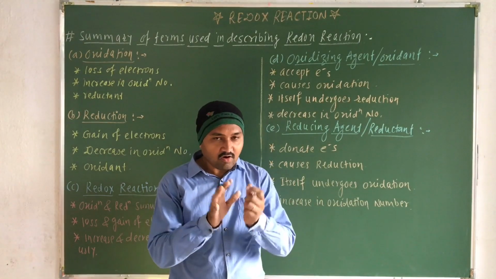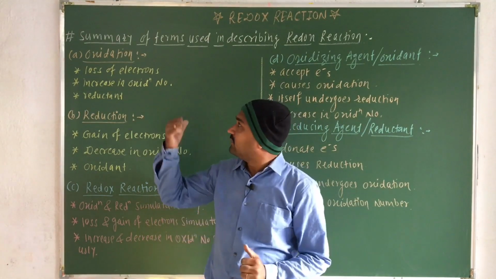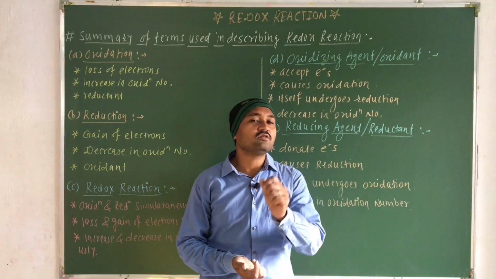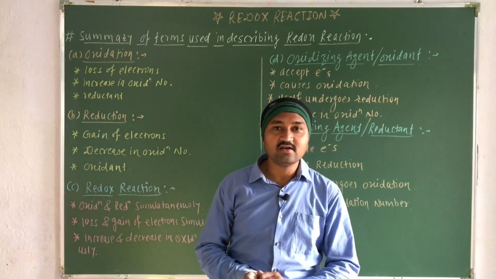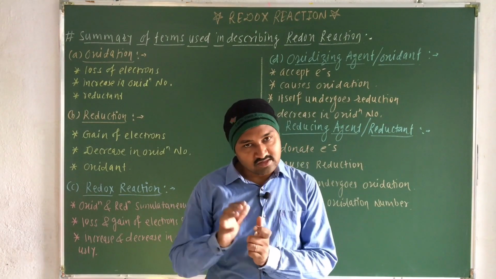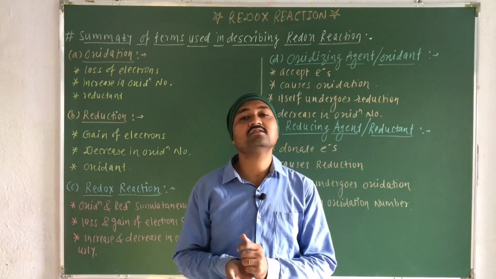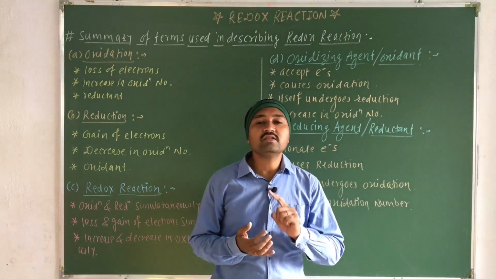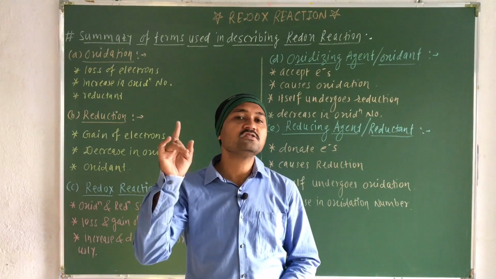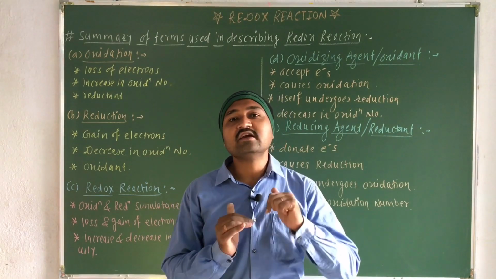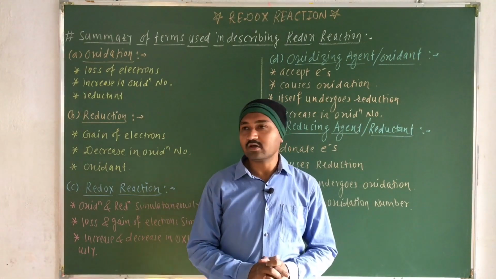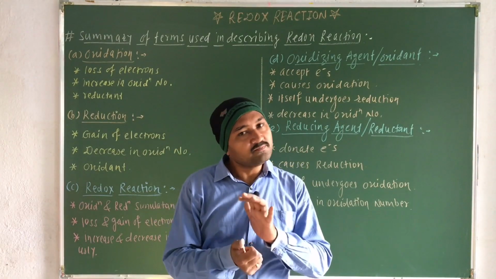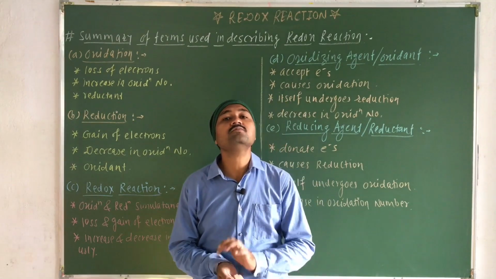So after all this discussion, you know that the base of this oxidation number concept actually starts with the electron transfer concept. There we defined that loss of electron is nothing but the oxidation process, and we also wrote that this is the de-electronation process. When the de-electronation process takes place, there is an increase in the positive charge and a decrease in the negative charge. Actually that was the base to define your oxidation number concept, and that's why we have introduced the term oxidation number.